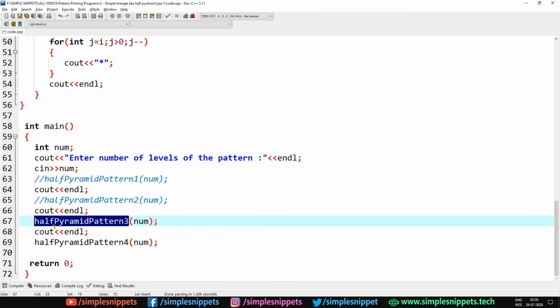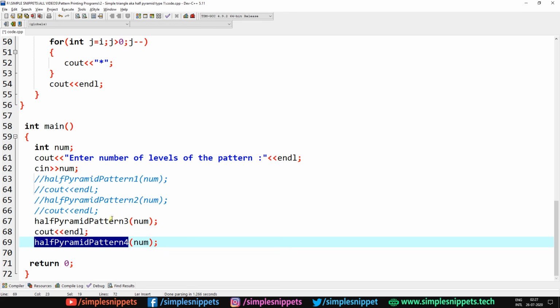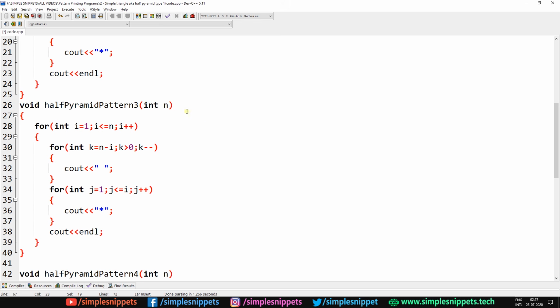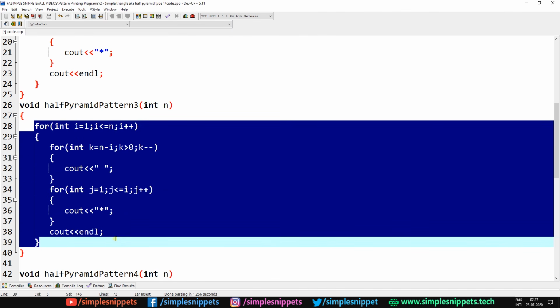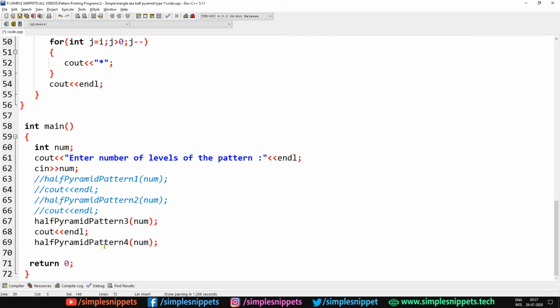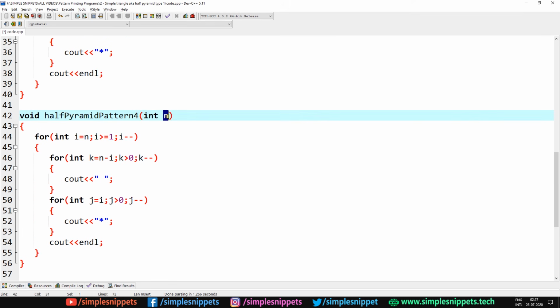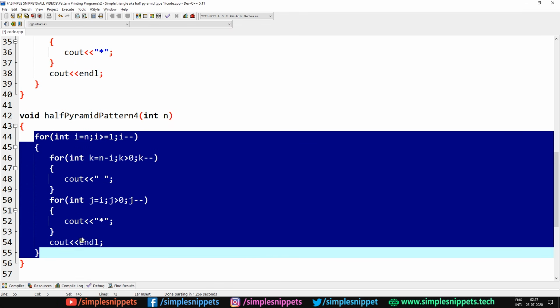So over here, we are interested in pattern 3 and 4, right? So pattern 3 is the same for loop. Okay, so we take the int n from the user. And then this is the exact code that we dry run for pattern 3. We also have half pyramid pattern 4. It's basically a simple triangle, also known as half pyramid. So for pattern 4, again, we are taking the n from the user, passing it as an argument. And then we have the same for loop for pattern 4. This is what we dry run actually on the digital blackboard.